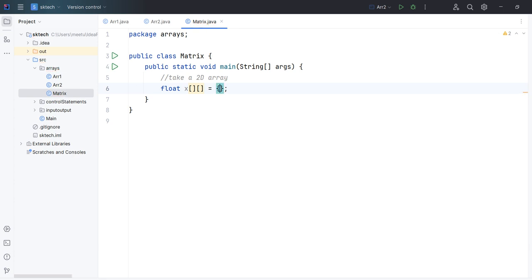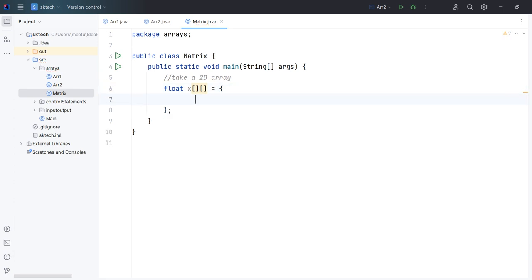In case of a 1D array, we have provided one pair of curly braces, and inside that we have provided the values. But in case of a 2D array, inside the curly braces we will provide 1D arrays, meaning n number of 1D arrays. So how can we write that 1D array? That is nothing but again curly braces and then some values. So let's say 1.1f, 1.2f, 1.3f, separated by commas.